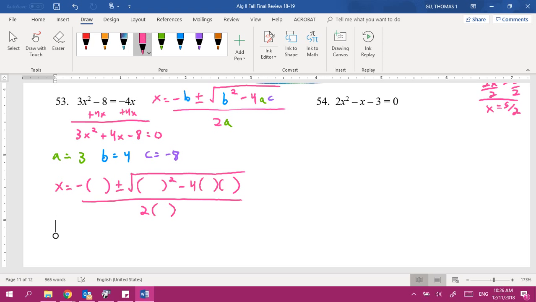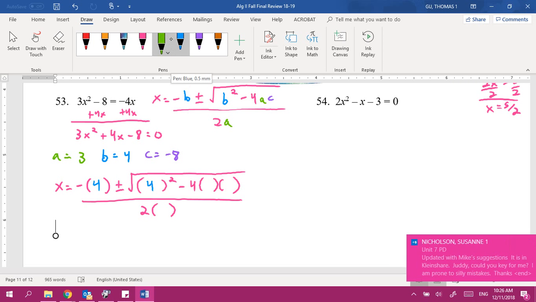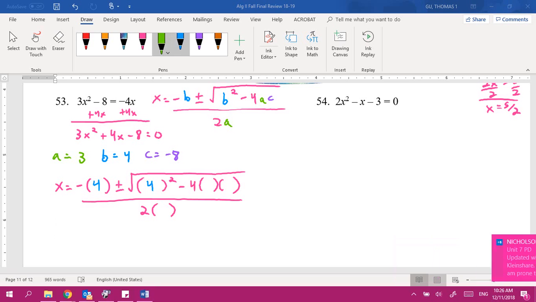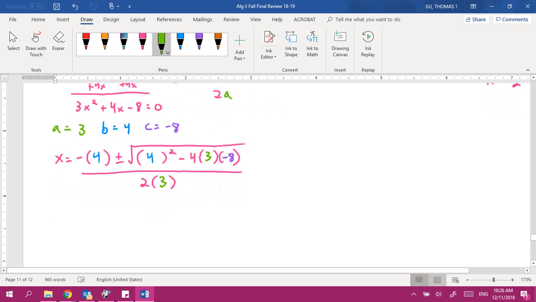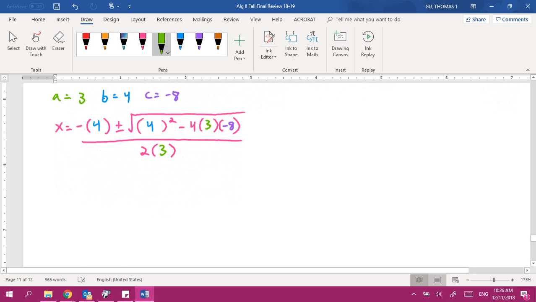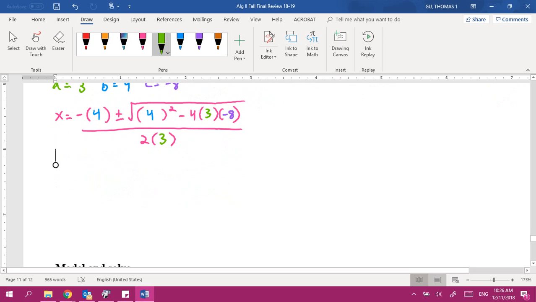Okay, what goes in my first parentheses? 4. What goes in the next one? After that? What's in the parentheses right here after the 4? A and C. A and C, which is? 3 and negative 8. That's right. And then what goes in the very bottom? 3. 3, good. So now after we filled in all of our values, we're going to simplify, like multiply